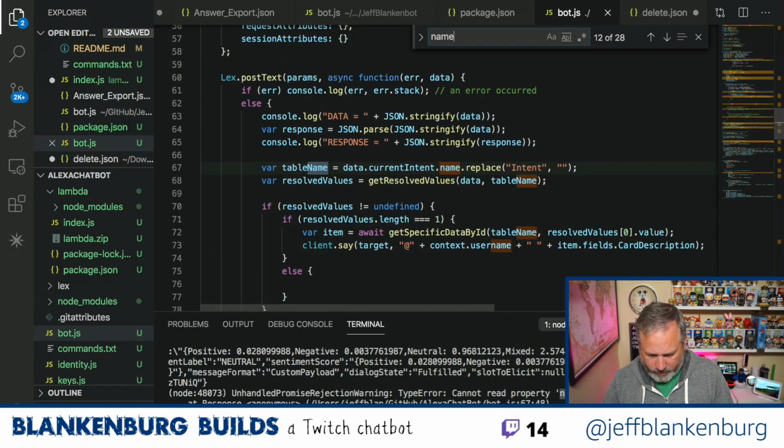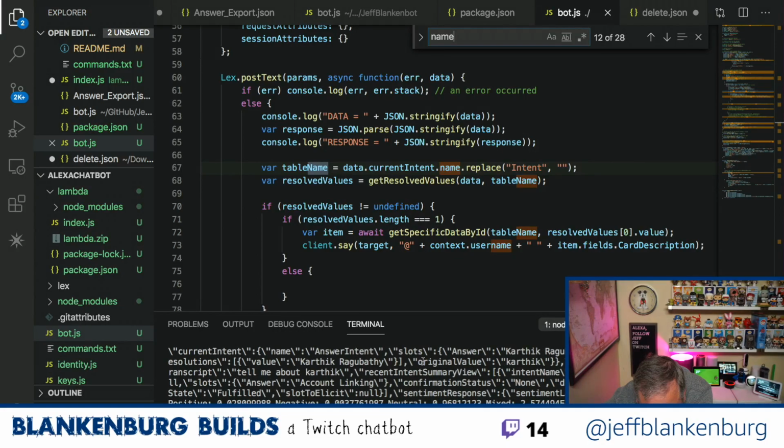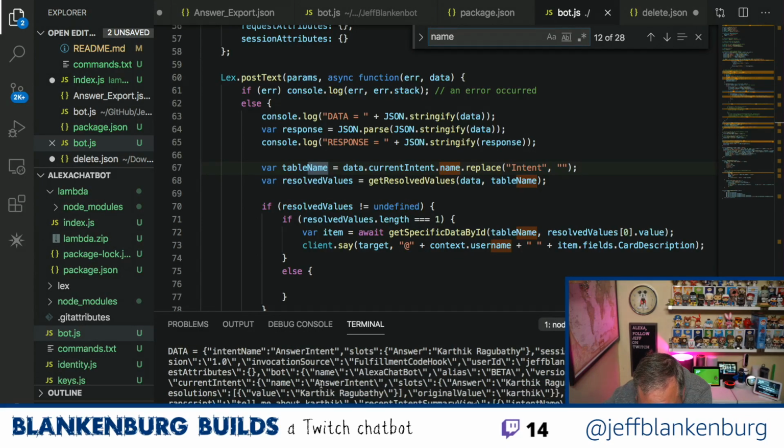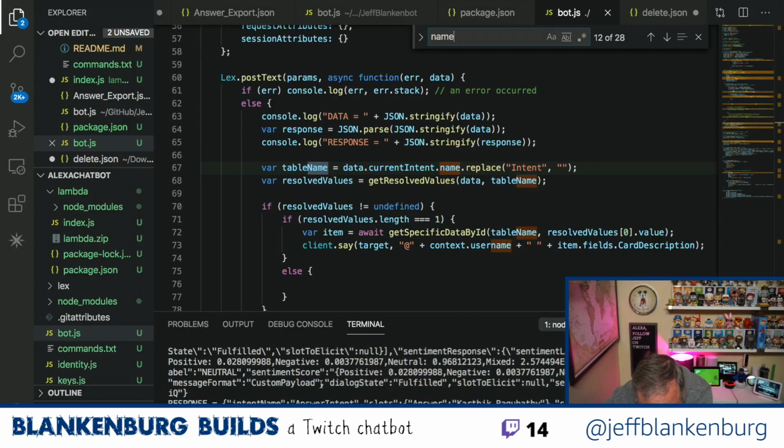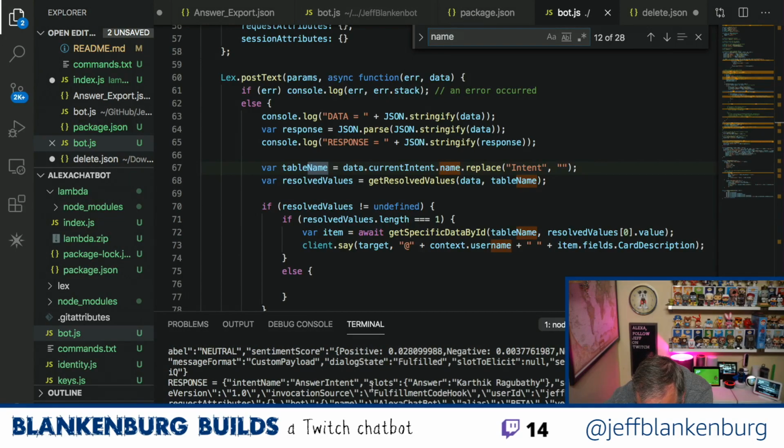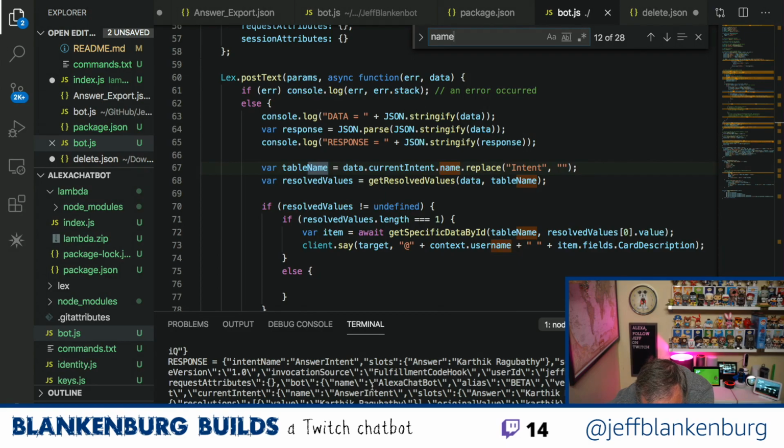Let's get down to where we're actually... On line 67, what? So I have my data, which is here, and I have my response, which is the actual object I'm working in. So response looks like this. Oh, and there's intent name right there.